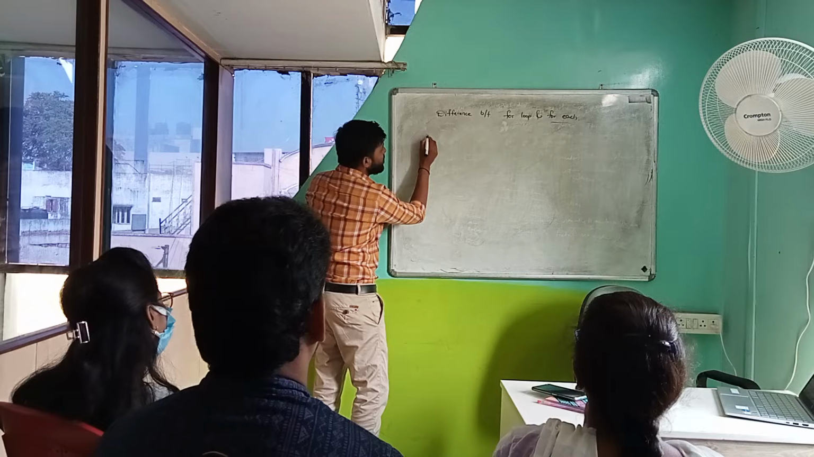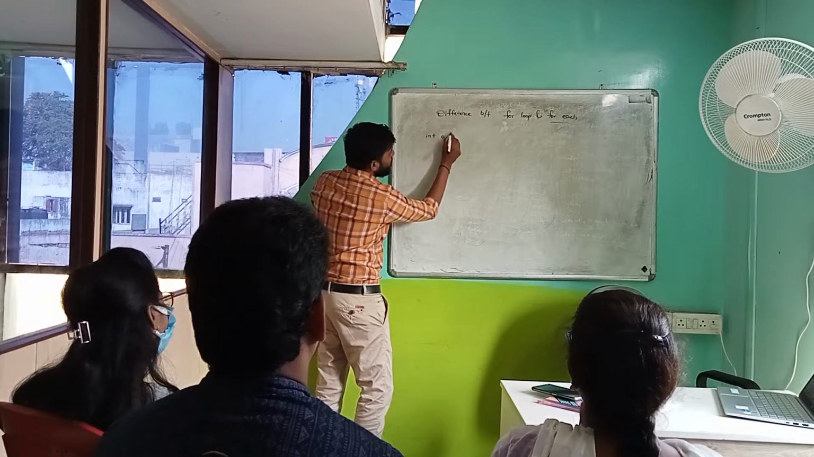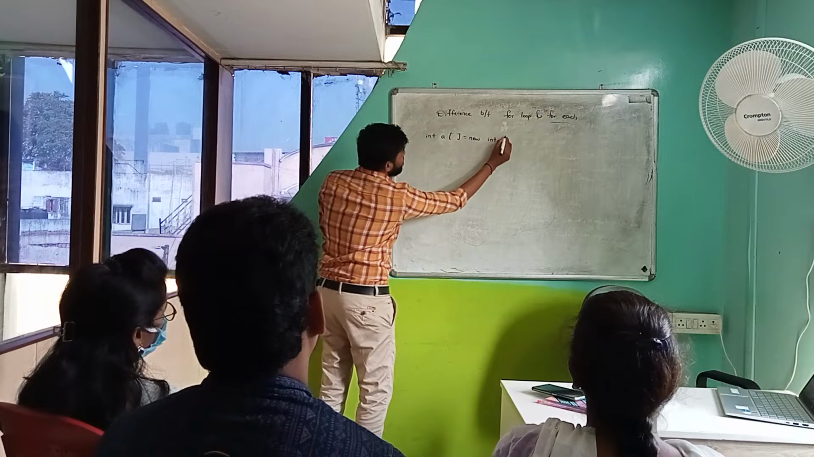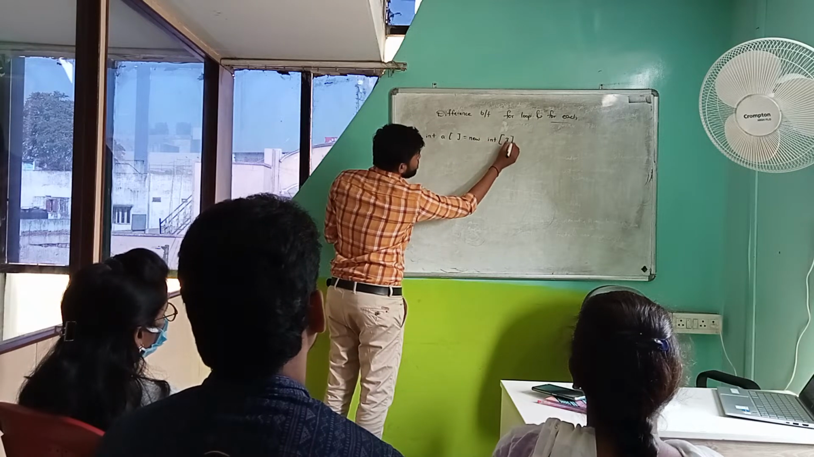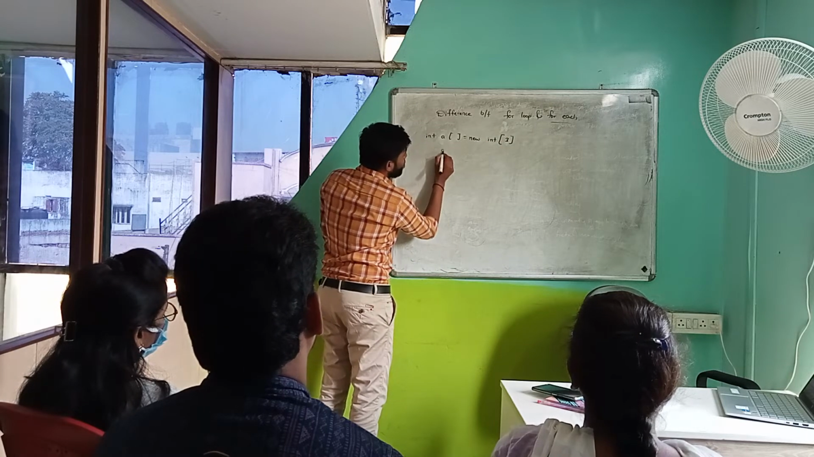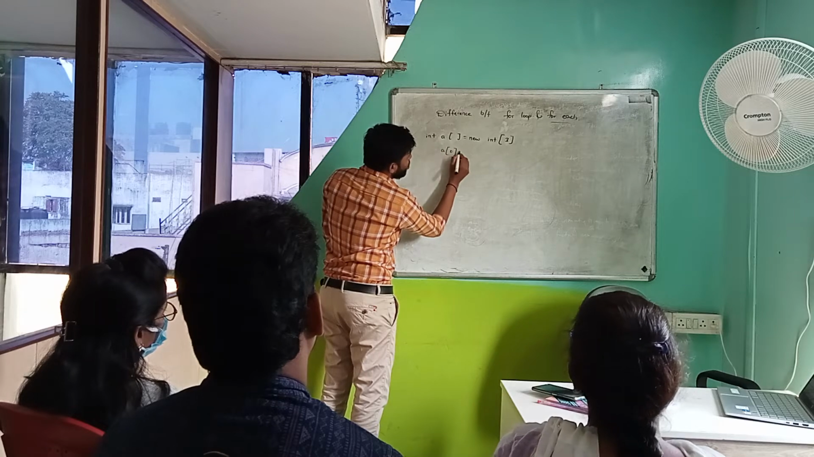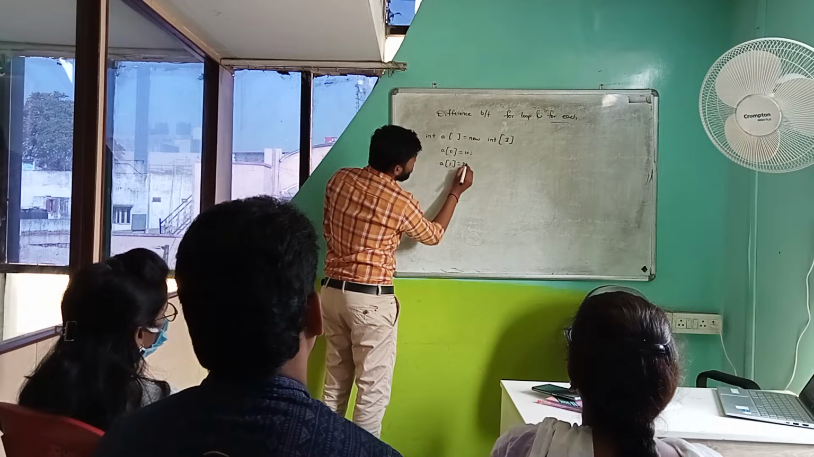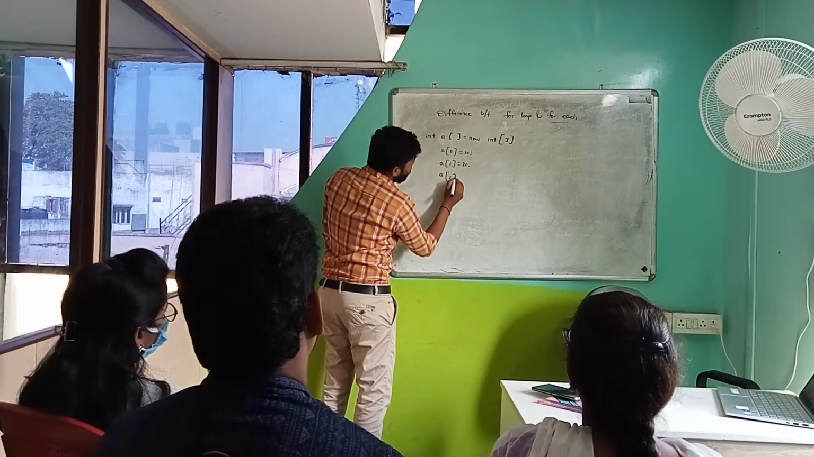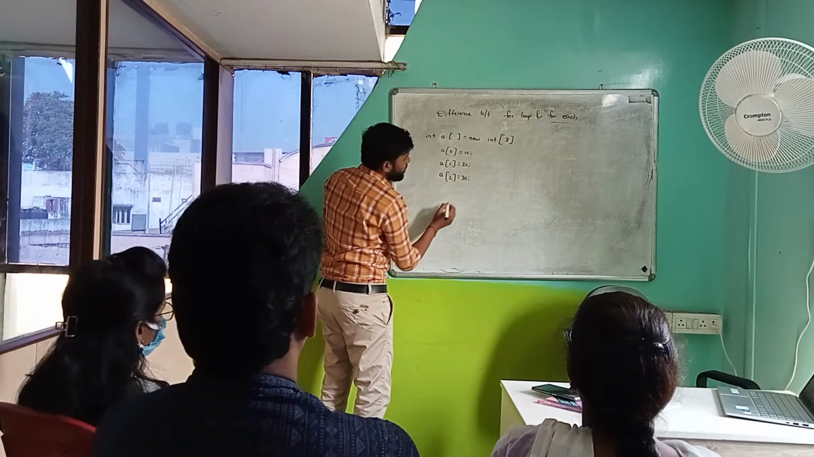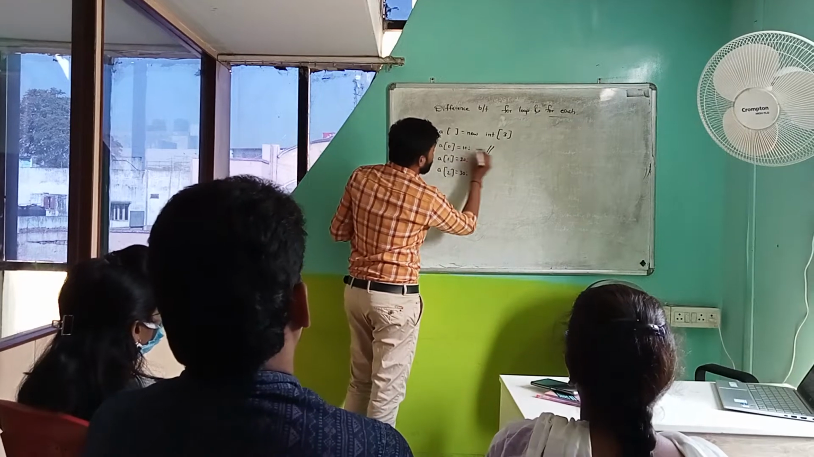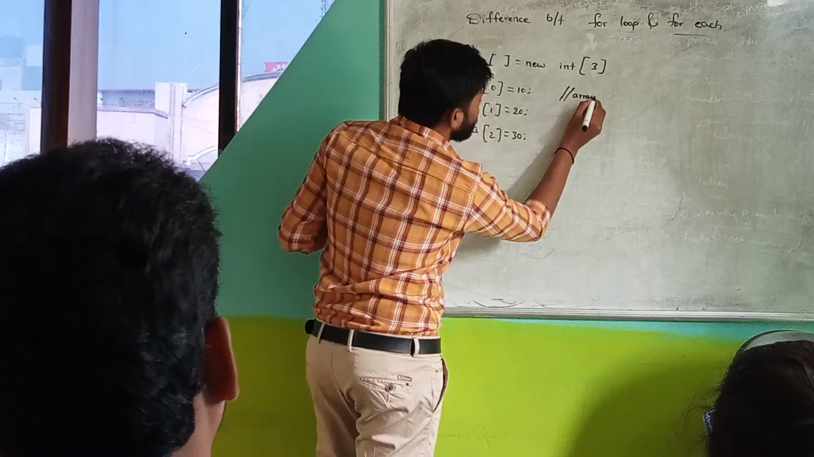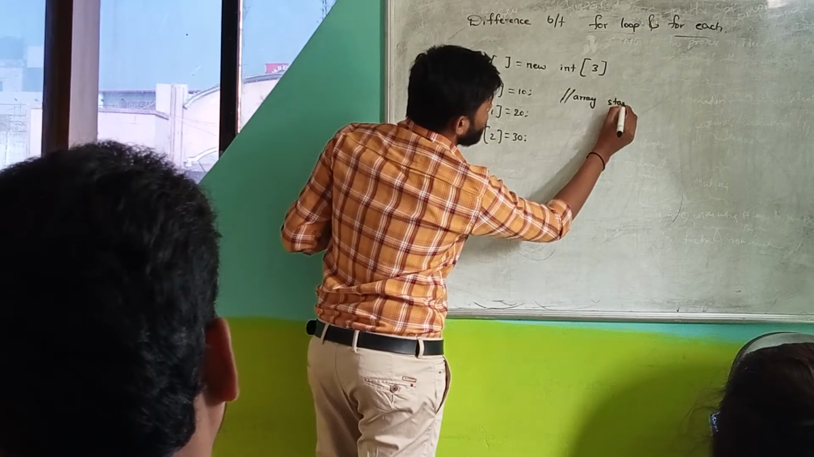Now here you can see int a equal to new int of 3. Now how will the data be stored? a of 0 equal to 10, and then a of 1 equal to 20, and then a of 2 equal to 30. There is one note. The note is arrays start with 0